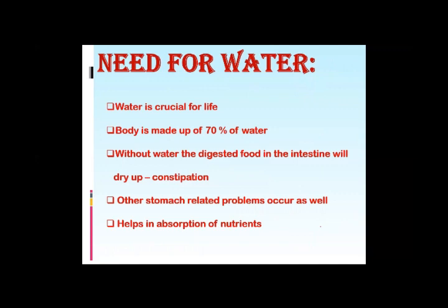Now the next topic is need for water. We all know that water is crucial for life, and our body is made up of 70% water. And the importance of water in the process of digestion is, if there's a lack of water, if we are taking less water, then inside the intestine the food is dried up, which leads to